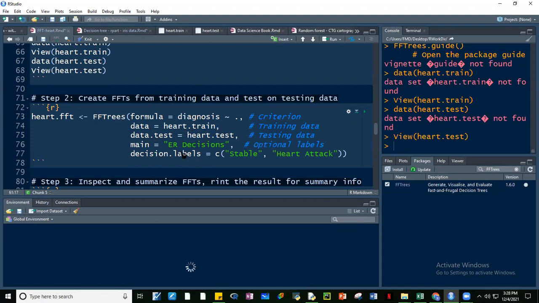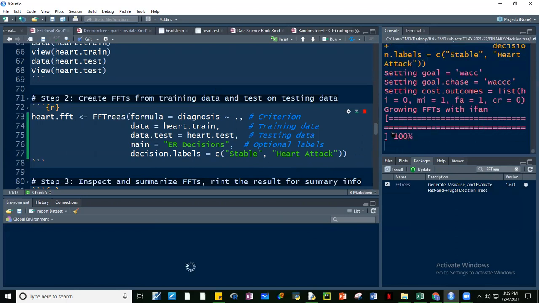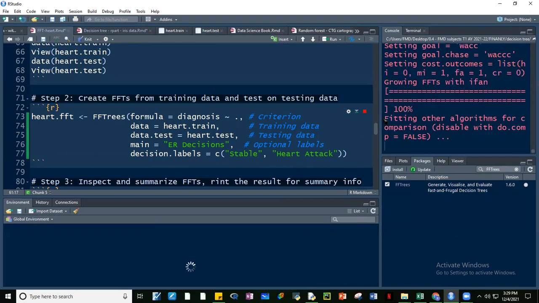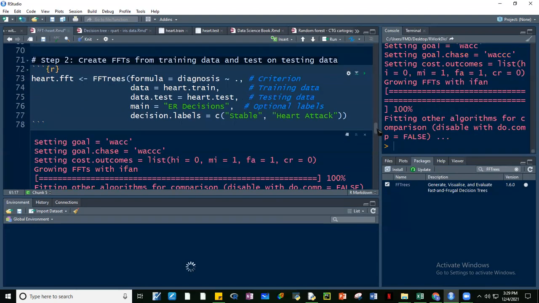Tapos, so medyo iba yung syntax, ano? Ang testing data natin, ilalagay na natin dito, data.test is equal to heart.test. Then we'll give it a name, yung output natin, ER decisions, emergency room decisions. And then our decision labels will be stable, kung stable yung tao, or may heart attack siya. Okay, so if I run this, guys, okay, so meron na tayo ditong,